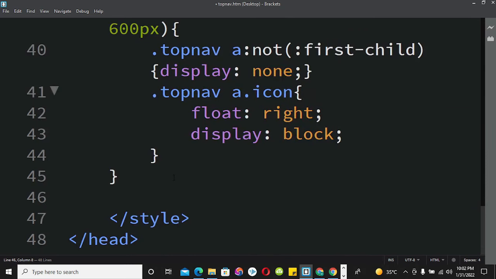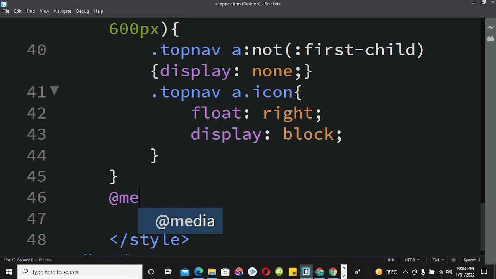Now that we have done this, we are also going to bring in the command that will make the menu options display vertically. Once the browser is reduced below 600 pixel, we want the menu options to display vertically, and to do that, simply we also say at media screen